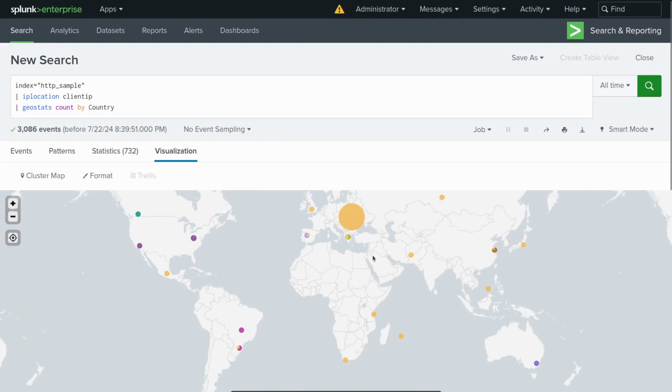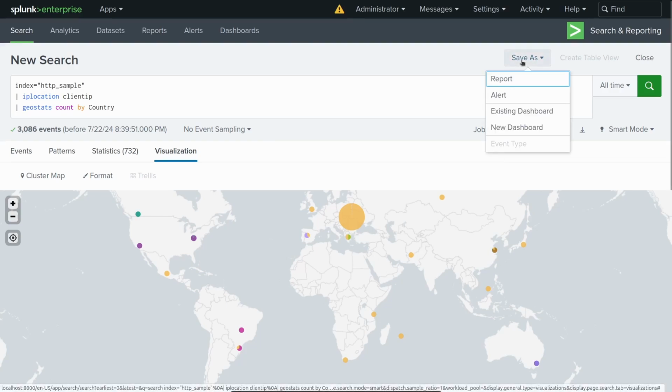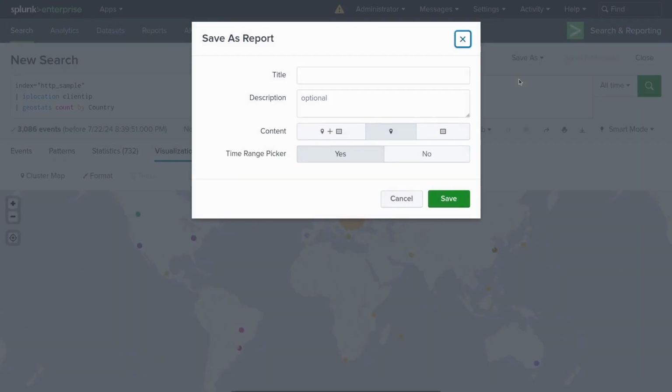If we have a nice visualization or a set of results that we want to share with other analysts or colleagues within the SOC, or even outside of the SOC as well, we can easily save this query and the results to a report. It's quite literally as simple as clicking on the Save As menu at the top here and selecting Report. Within this dialog box, we can enter a title for the report